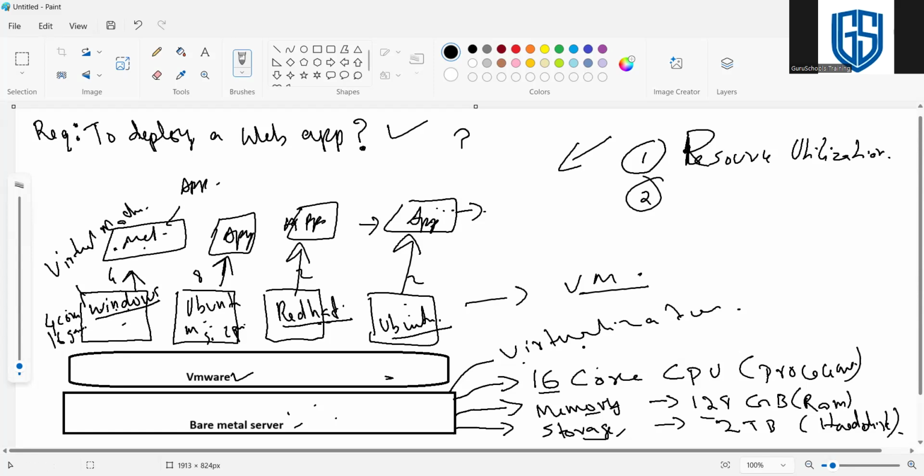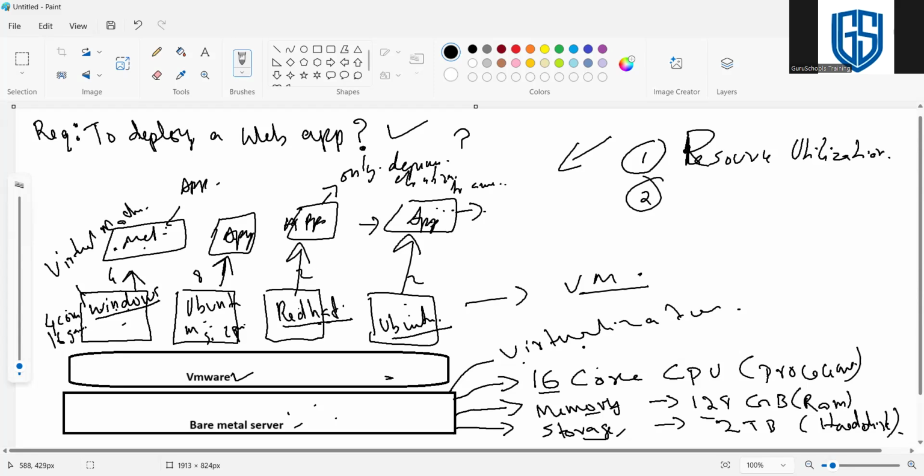So for example, when we need to run any application, the .NET or the Ubuntu application, that application only needs its dependencies, libraries, and the framework related to the specific application.